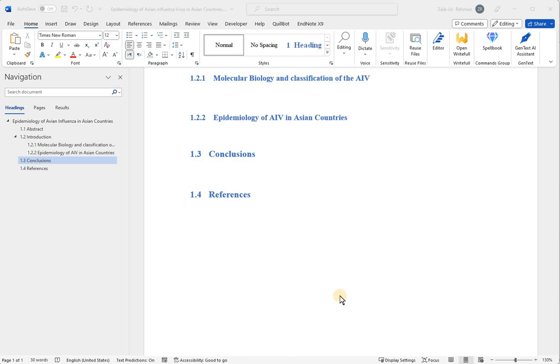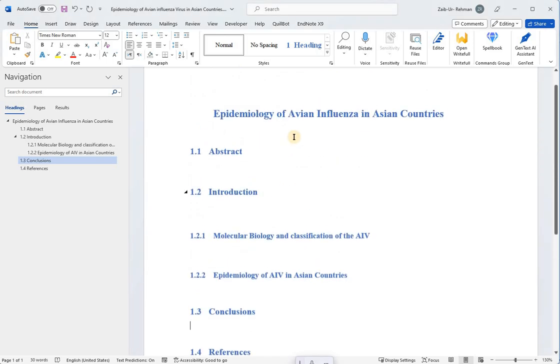In this video, you will learn about the use of EndNote with Word. In our previous videos, we have created a library related to the epidemiology of avian influenza virus. And in this Word file, you can see I have created a very simple structure about the article or a